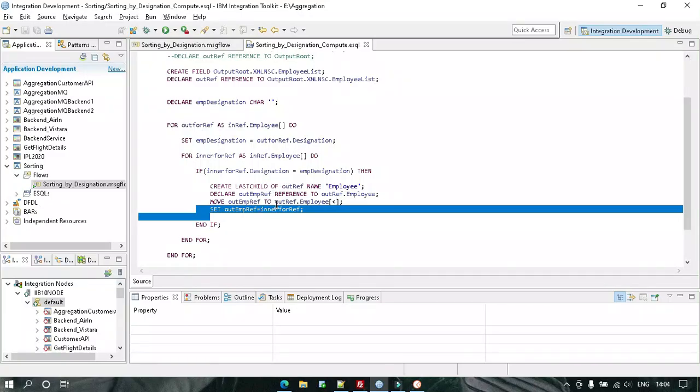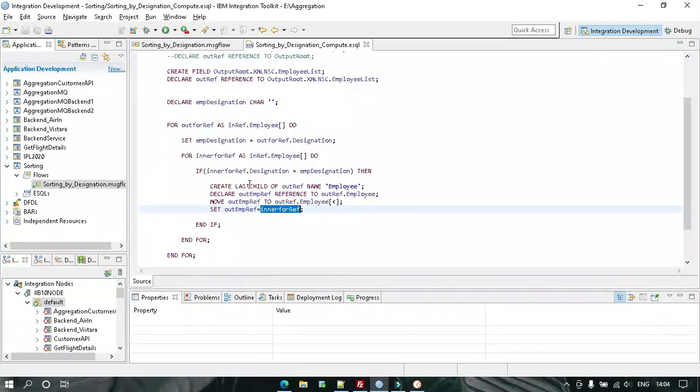Just create the output route and in that output route copy the whole input. That's it, where this condition is matching.